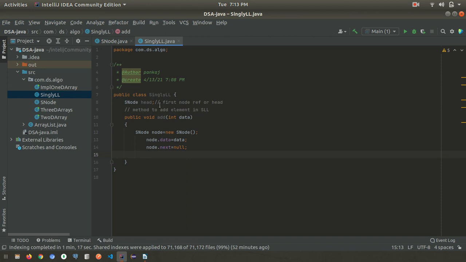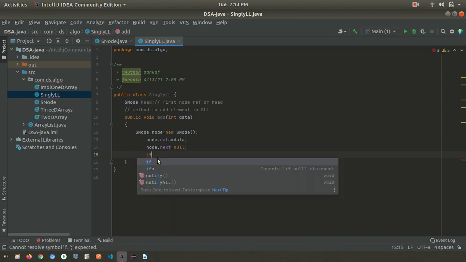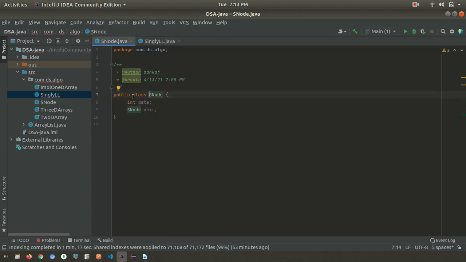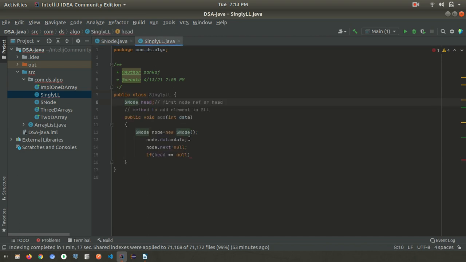So head is not pointing anywhere, so we can check here if head equal to null. It means this S node has data and this reference to the next node.